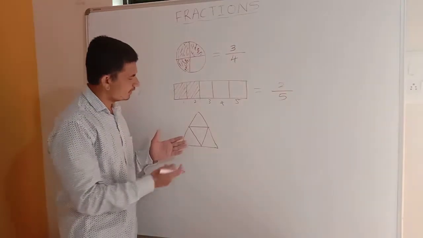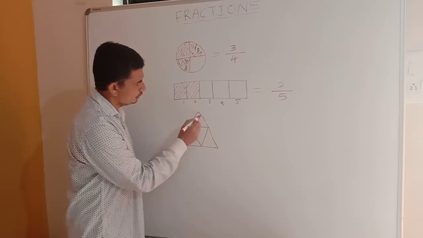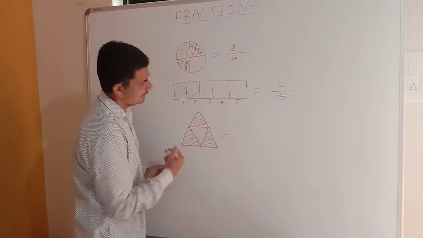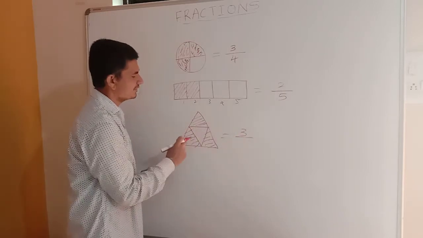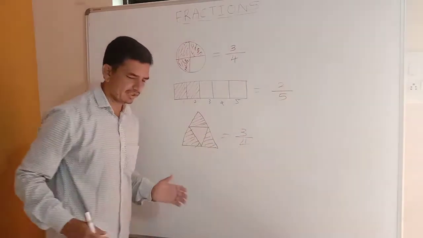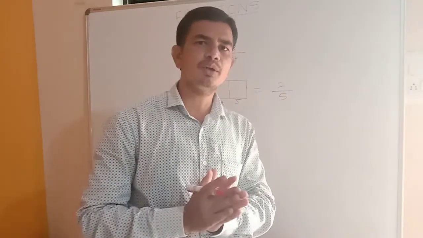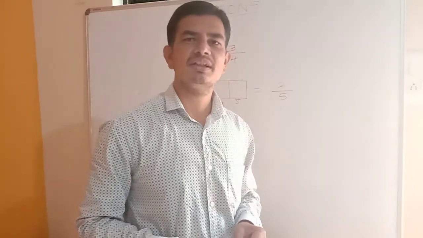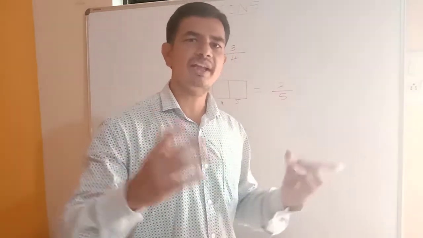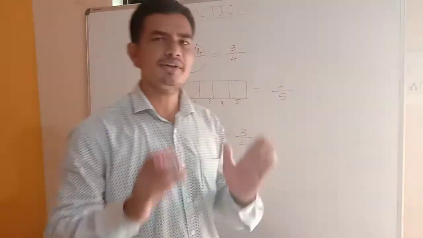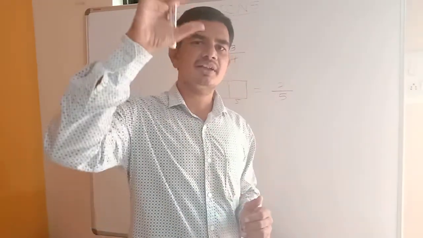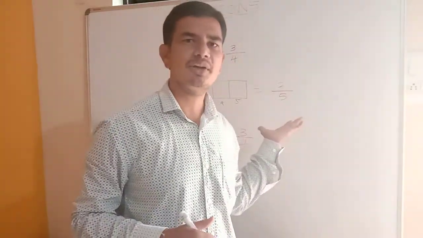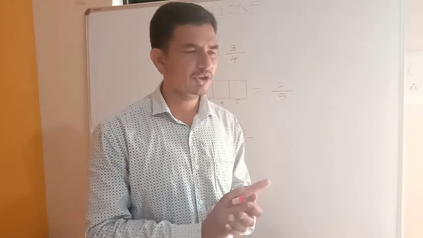Like this. One more figure I have drawn here. You can color 1, 2 and 3. So I have colored 3, and the total parts are 1, 2, 3, 4. How many equal parts are there in one whole, that is the denominator. How much part is colored or how much part is broken, like this you have to count. Always the upper part is called the numerator and the lower part is known as the denominator. So I think you have understood what a numerator, a denominator and a fraction are.